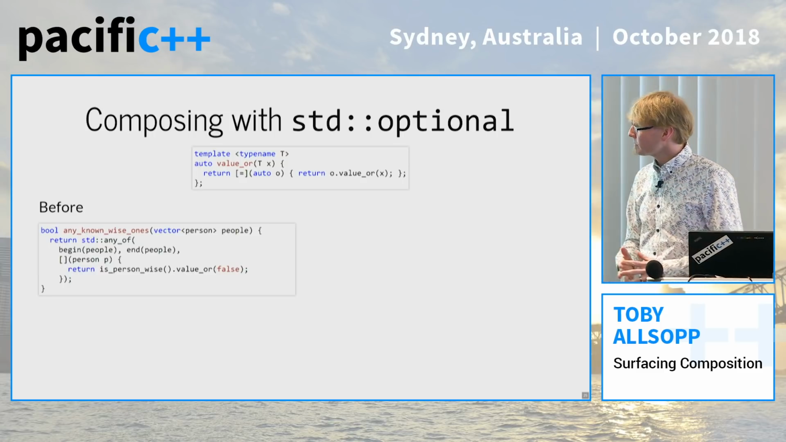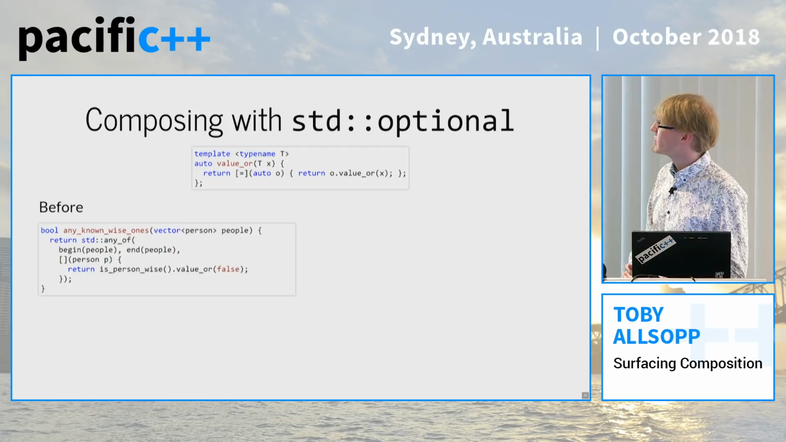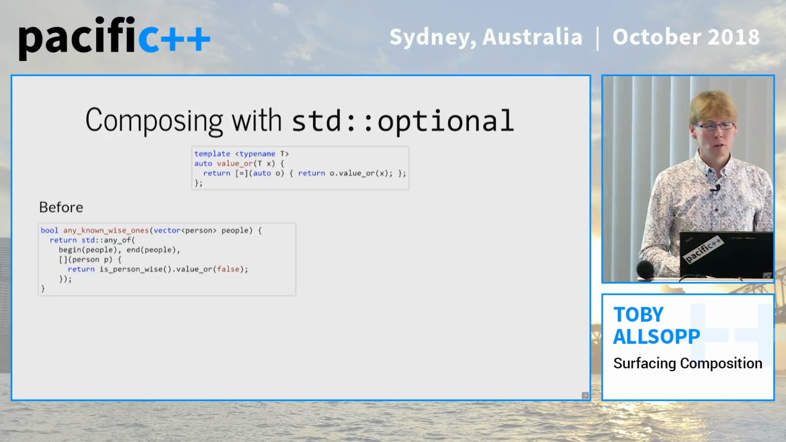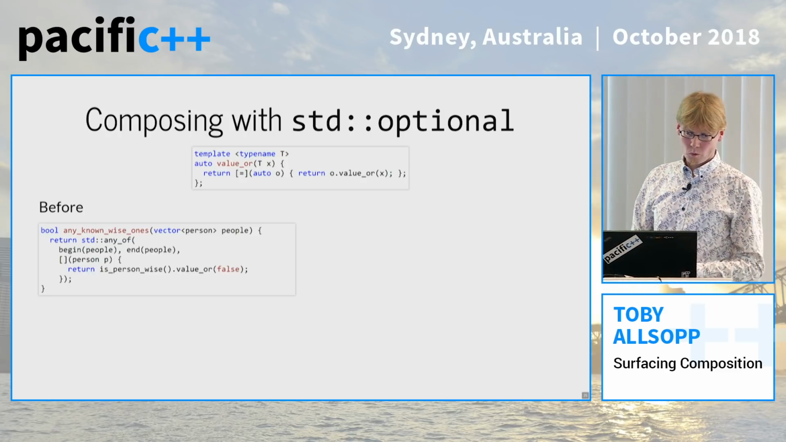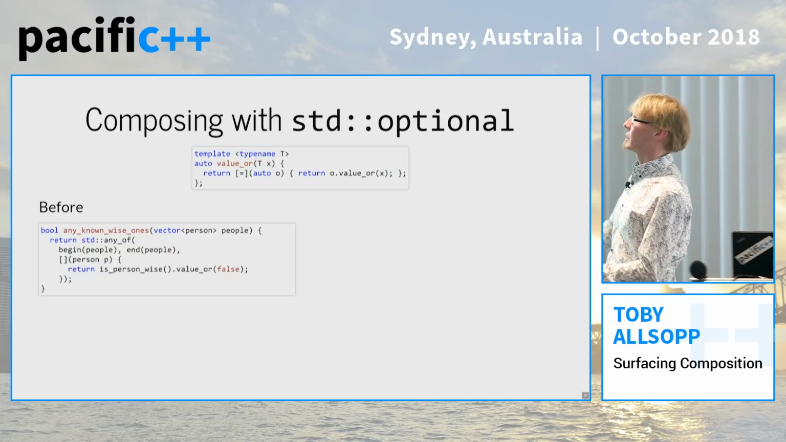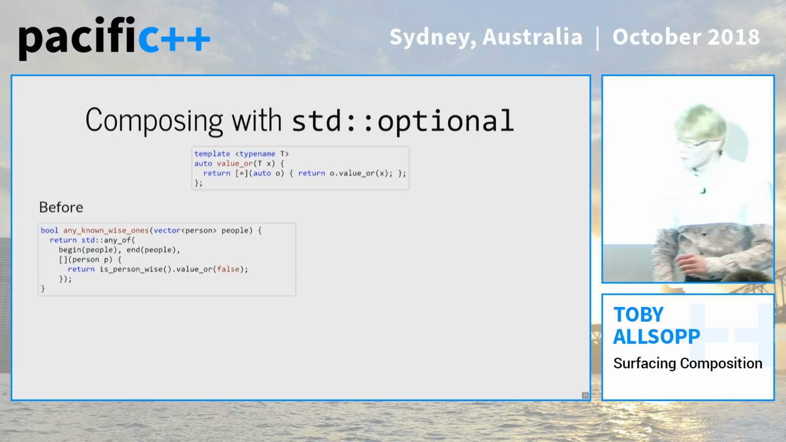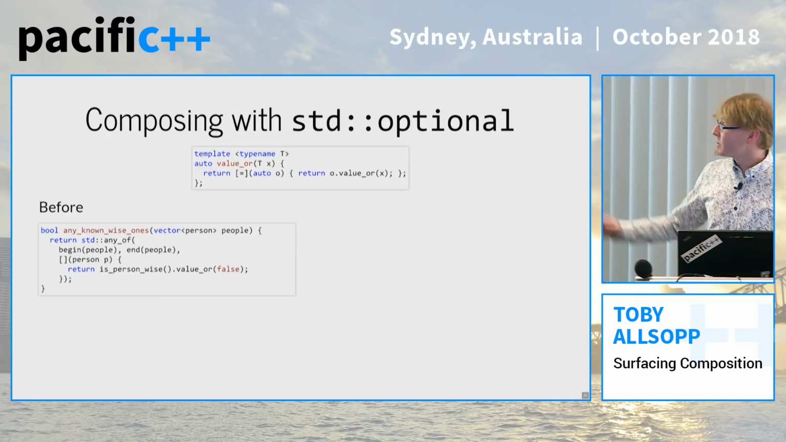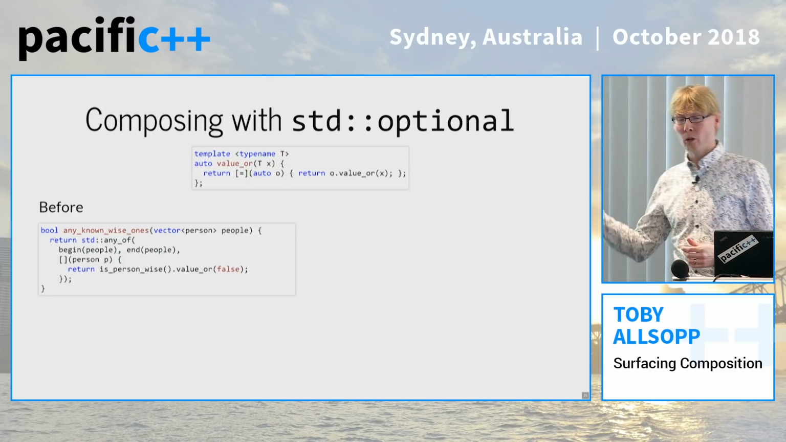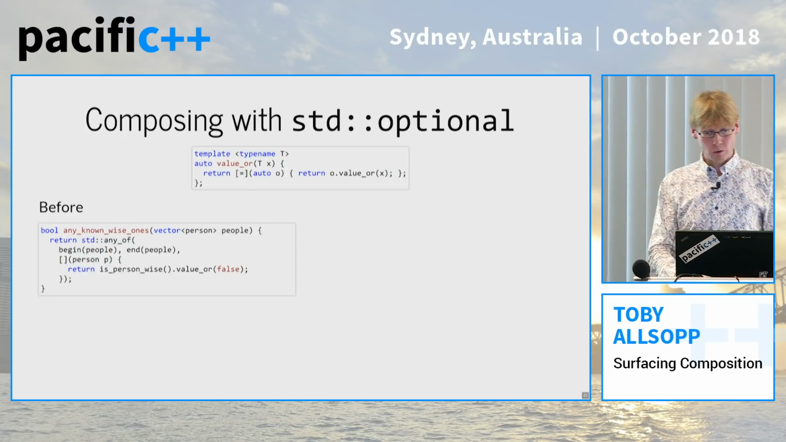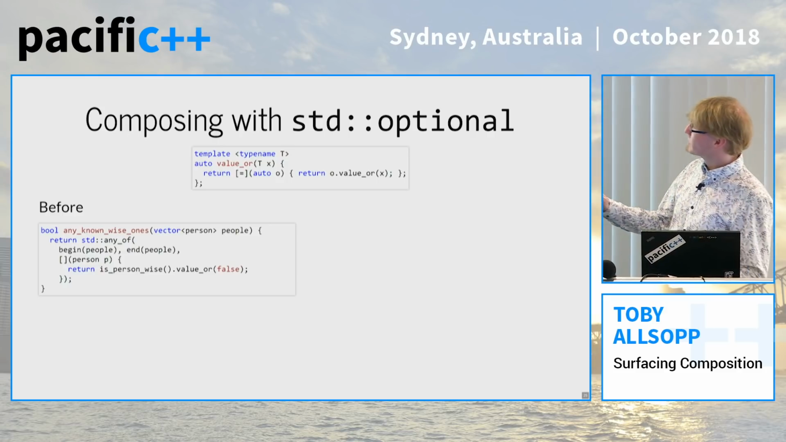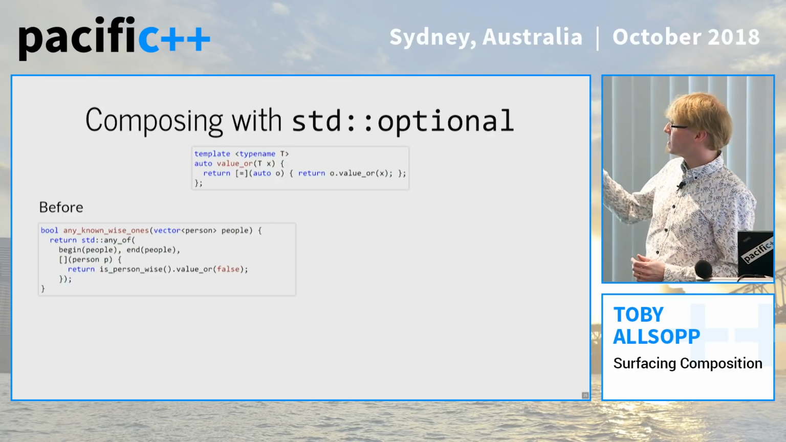So the next thing we can look at is this lambda in any known wise ones, which is, dreadfully sorry, there's meant to be a p here. Otherwise, that doesn't make a lot of sense. So we're determining if the person is wise, or maybe we don't know, and then if we don't know, we're turning it into false. So we can turn that into